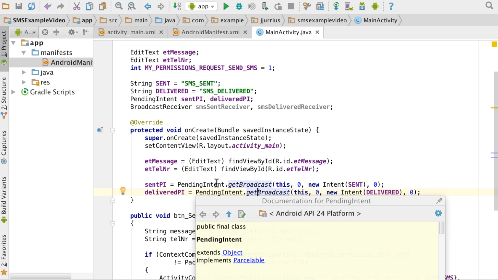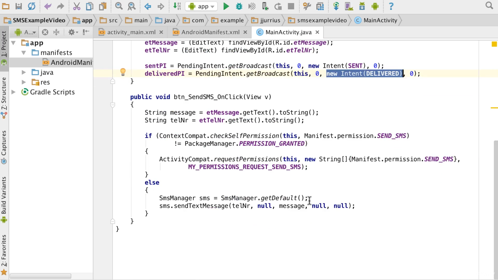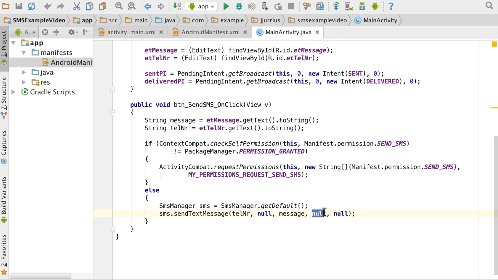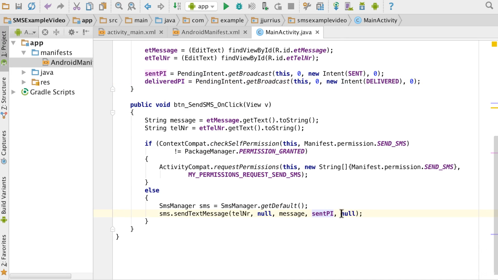And when this intent gets activated, it will shout out to the system sent, which will be SMS sent, or broadcasted out to the system. The same for this one. As soon as it gets activated, it will shout out delivered to the system. So if you go down, instead of having null and null there now, we're going to say sent pending intent, and we're going to say